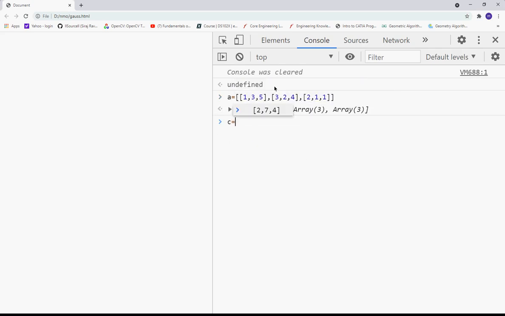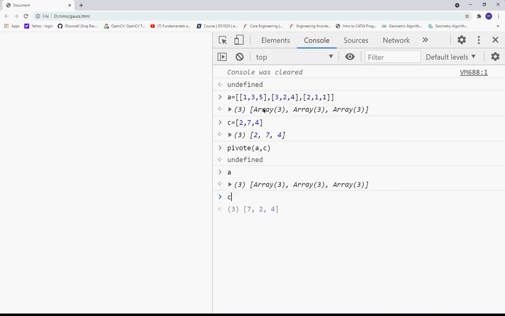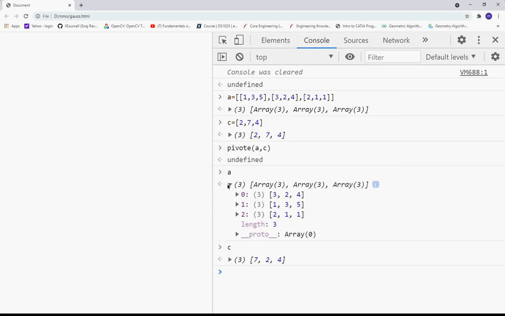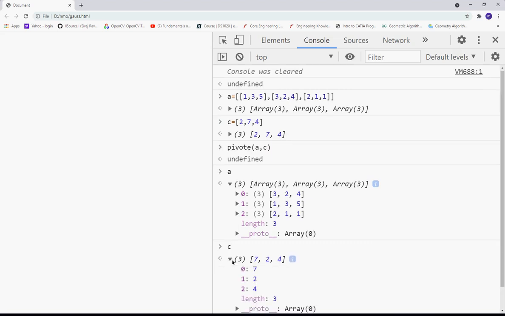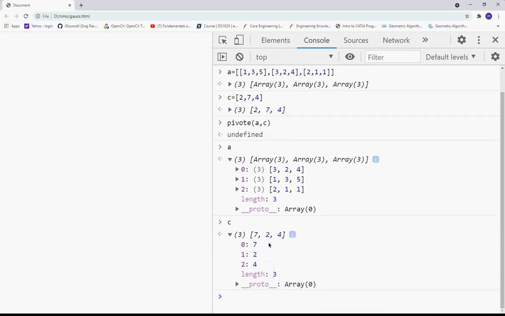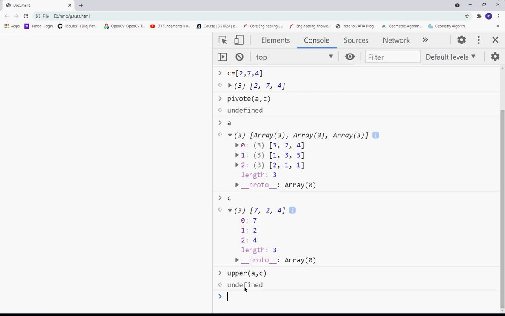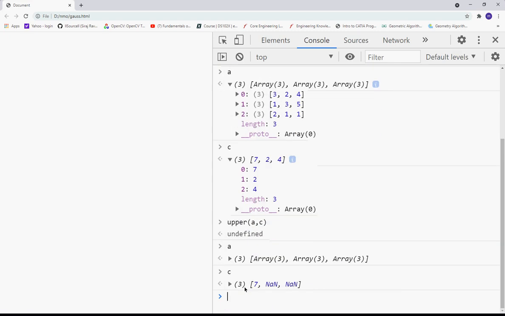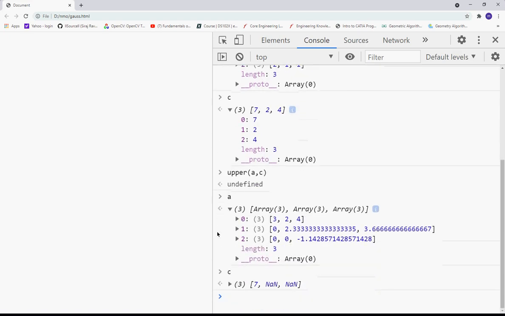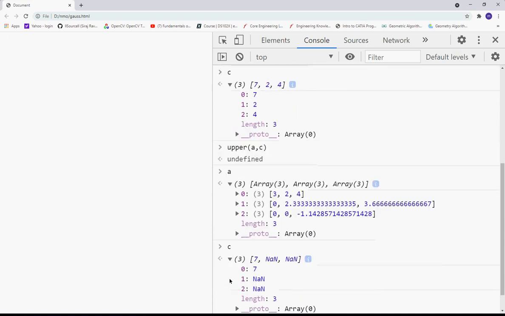A equal to this, C is equal to this, then we say pivot A comma C. Okay, so I'll just see A, I'll just see C. So pivoting is done correctly. Then I'll go with upper A comma C. So I got upper triangular correctly.